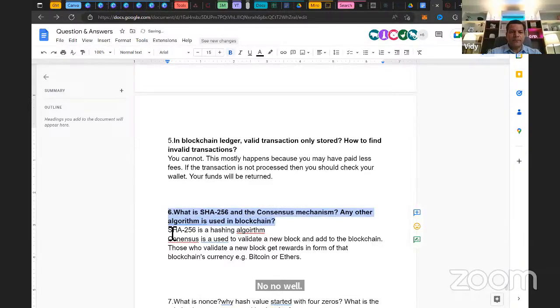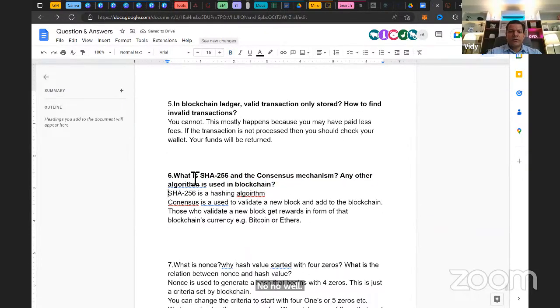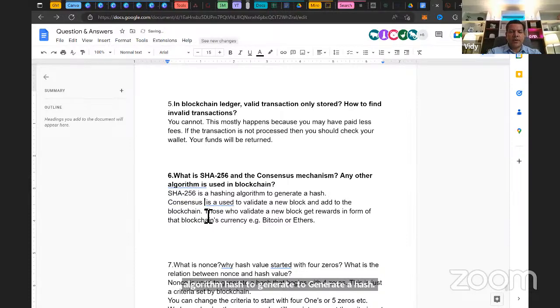transaction did not proceed. Next one was, what is SHA-256 and consensus? SHA-256 is a hashing algorithm, to generate a hash. And consensus mechanism or algorithm is used to validate new blocks and add to the blockchain. So the whole